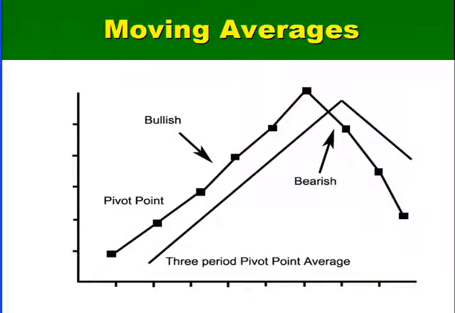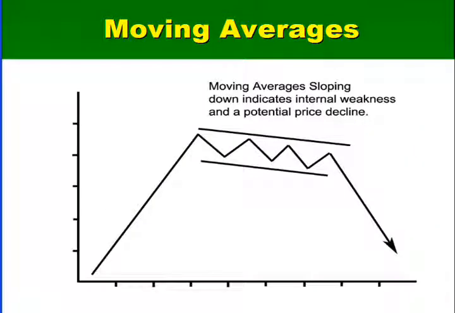Now, moving averages. The opposite is true. If we're bullish the market, the pivot point is going to be above the 3-period moving average of the pivot point. But when that line crosses, that gives us a bearish change, a conditional change in the market. That will also help us possibly target the R1 down to S2 for our market analysis. In addition, if we use the moving average components and we see that the market's in an uptrend and we see that the